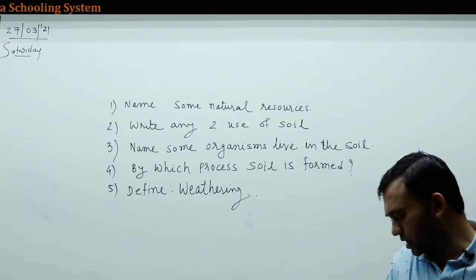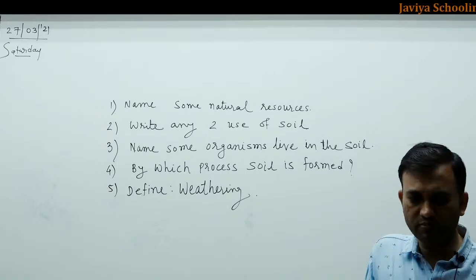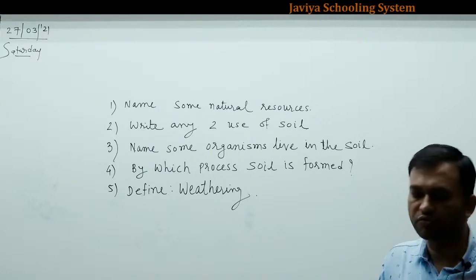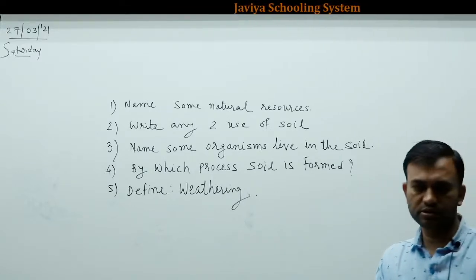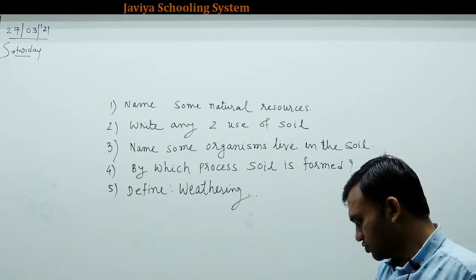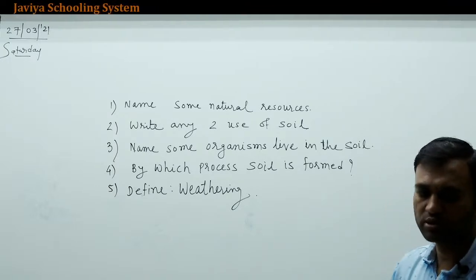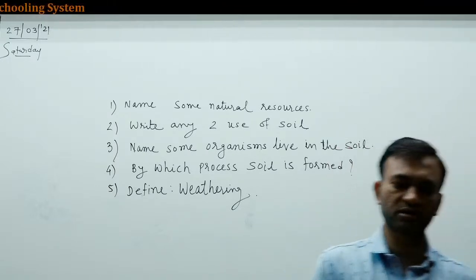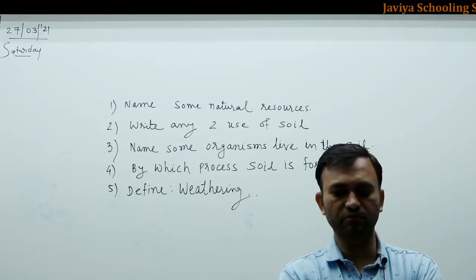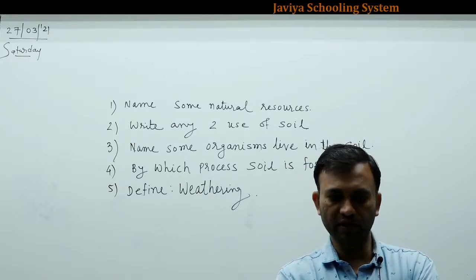Now weathering of rocks is a very slow process. So weathering of rocks है वो बहुत ही slow process है. It takes millions of years. कितने? Millions, not thousands, millions of years to break huge rocks into its fine particles to make the soil. तो ये बहुत सारे lakhs of years. 1 million means 10 lakhs. तो ऐसे millions of years के process होने के बाद, huge rocks converted into small particles